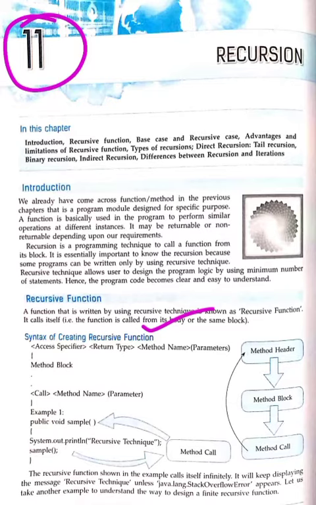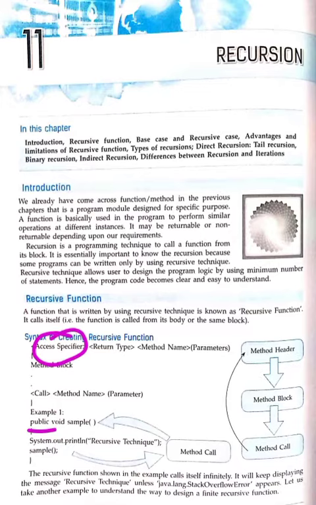When you write the syntax, an example should come in your mind. First we write public. So what is that? That is the access specifier. Then void, what is that? That is the return type. And next we write sample. What is that? That is the method name. Any name can be written. And then in parenthesis, that means these round brackets, you may or may not write the parameters. This is the way how you write a function, that is the syntax.